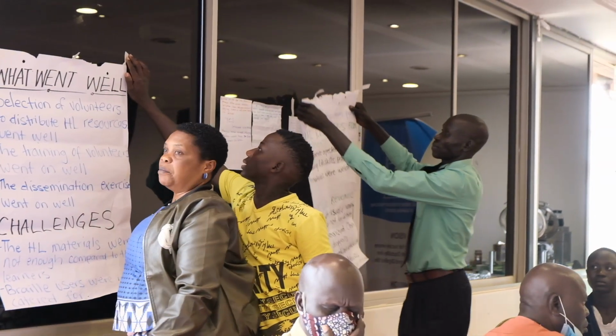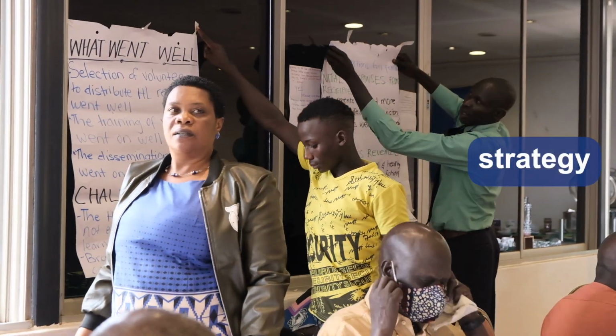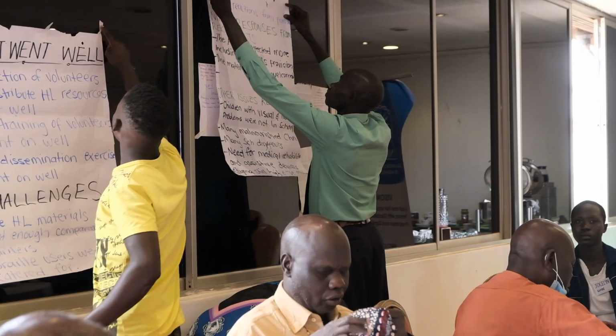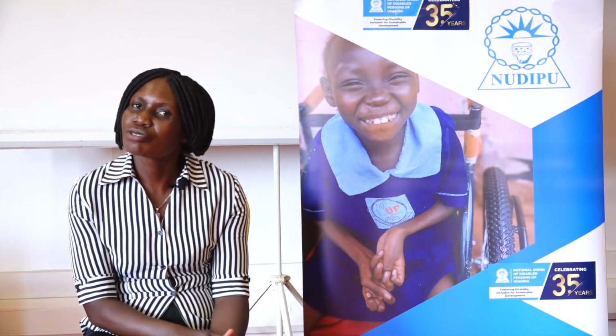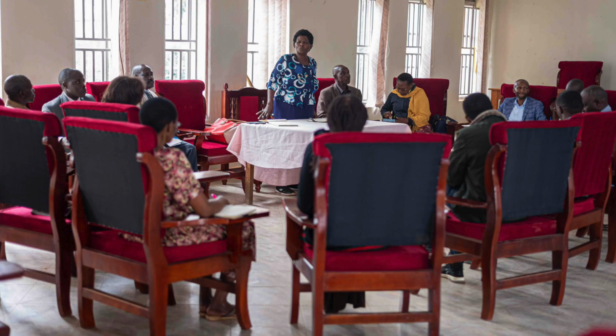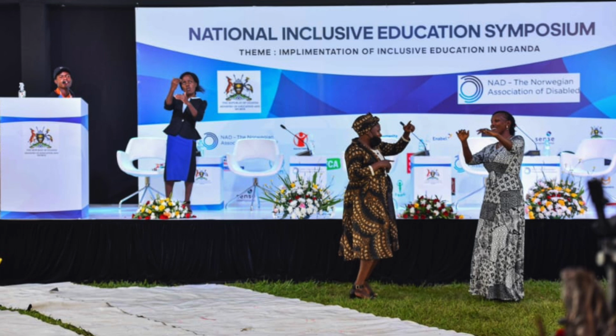They have also developed longer-term advocacy plans and strategies. We are even going to include this in our strategic plan of the district union for the next 5 years. And we're also going to lobby the different stakeholders that we've been working with, like the local government, other NGOs working in this area, to also include this concept of inclusive education into their strategic planning so that everyone has it in their programs and in the processes of budgeting.